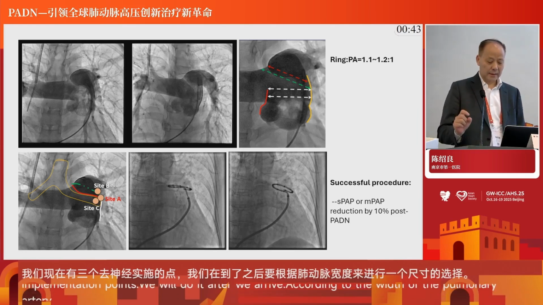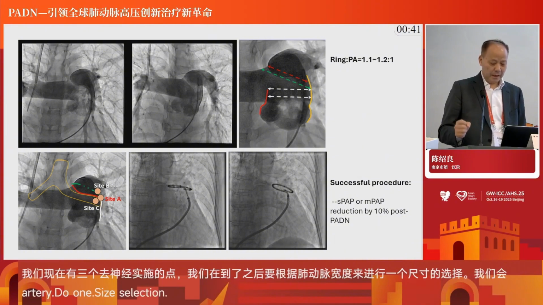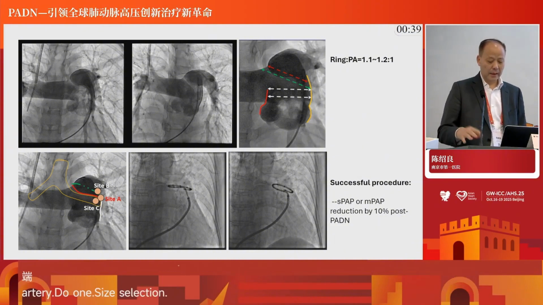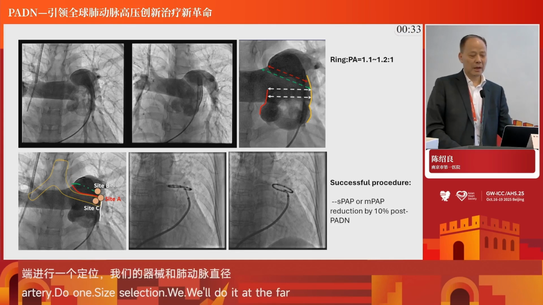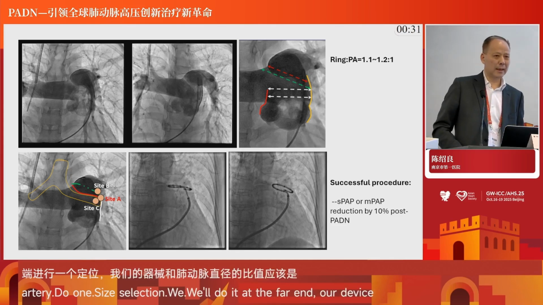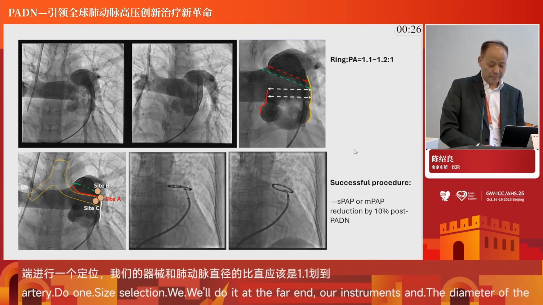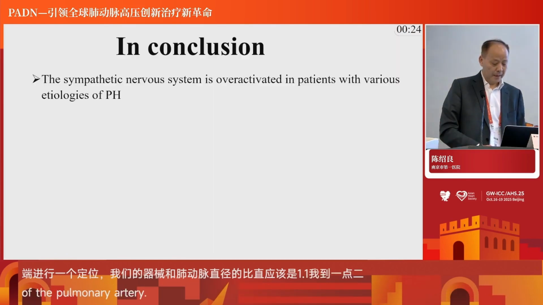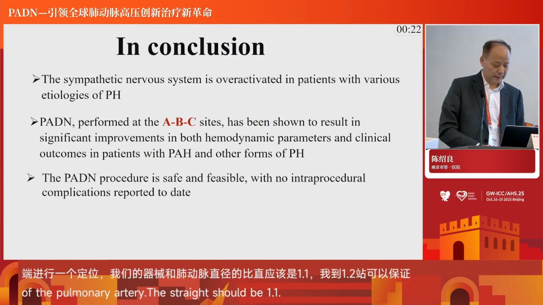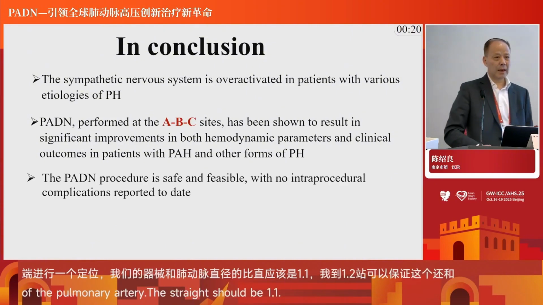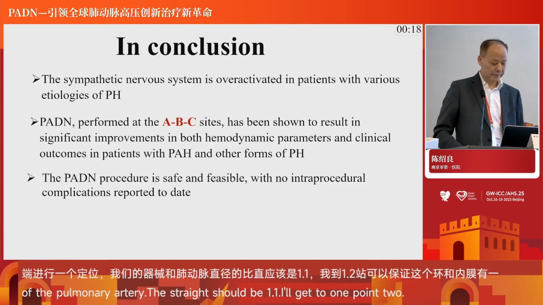The ratio of device size to pulmonary artery is usually between 1.1 and 1.2. It's large enough to ensure very tight contact of the device with the intima of the pulmonary artery. Once we finish the ablation, in less than 10 minutes, we will see a significant reduction